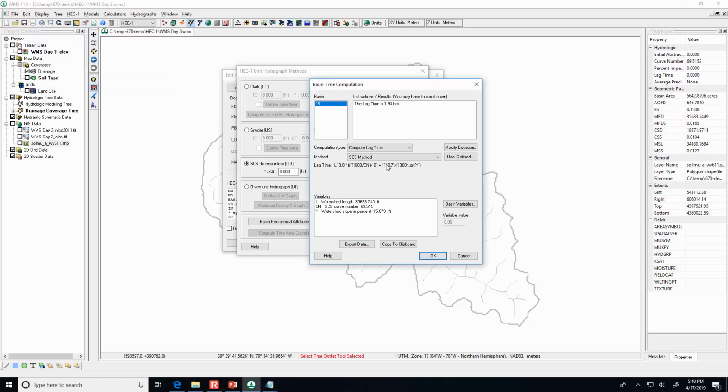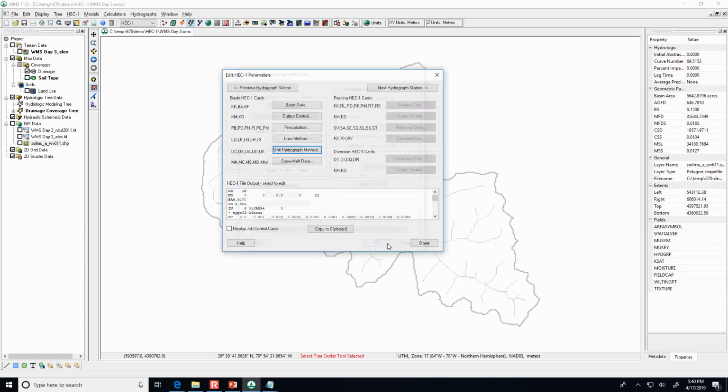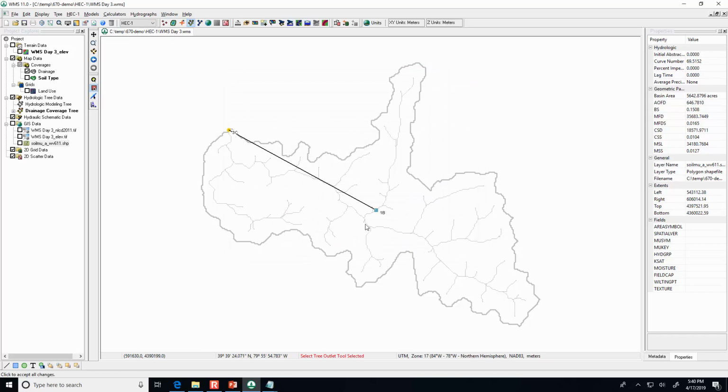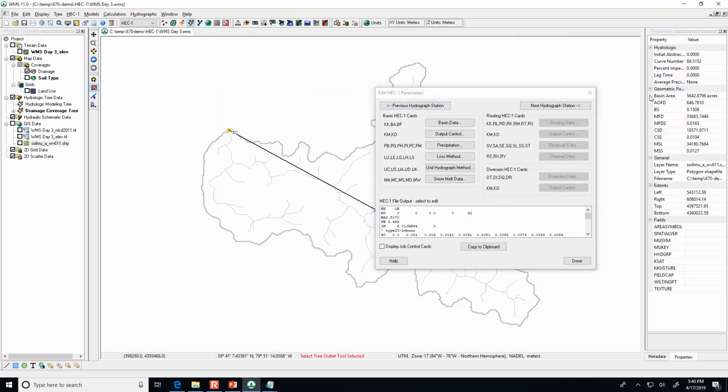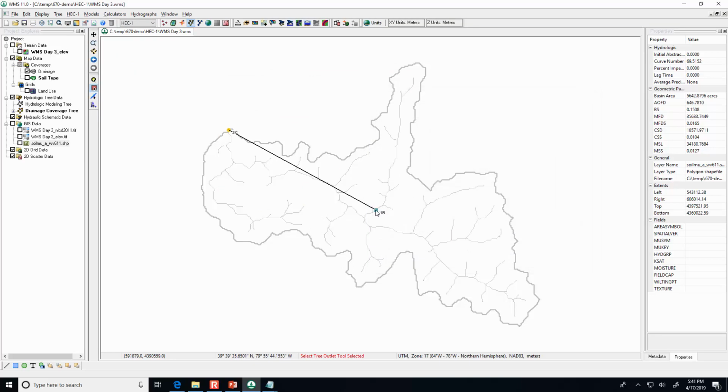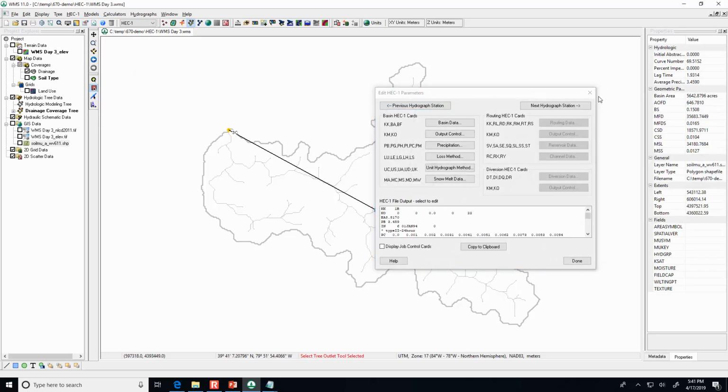All right, so to open that up again, since I had you close it, all you have to do is either under HEC-1, do edit parameters under the menu, or you can double click on the symbol for the watershed. So do you see here under HEC-1, edit parameters? Yeah, I'm there. All right, you got it open again?